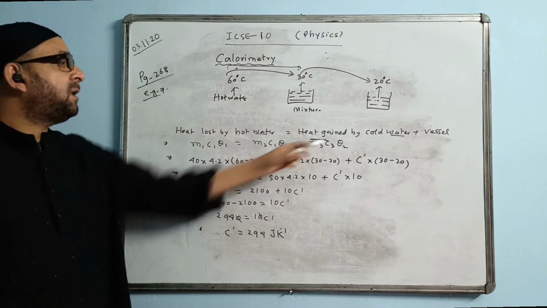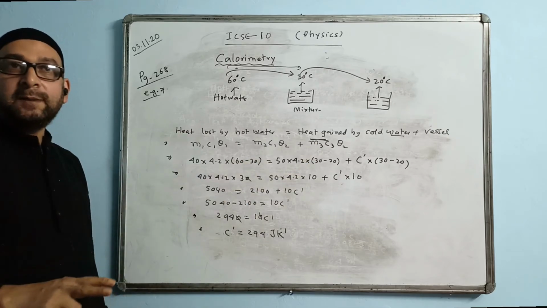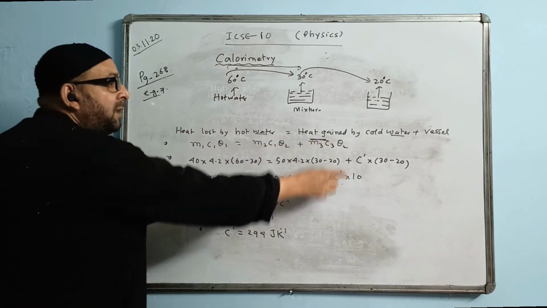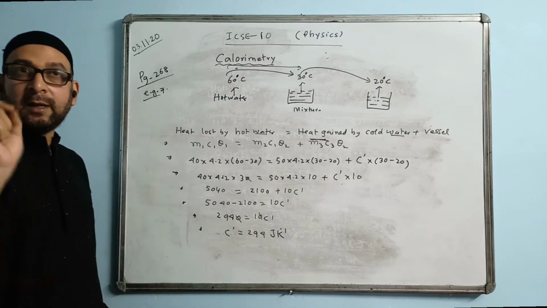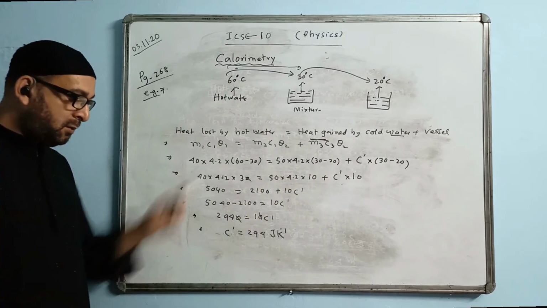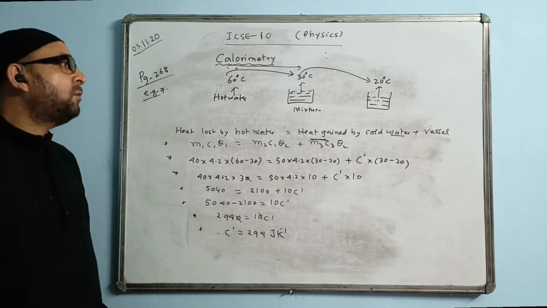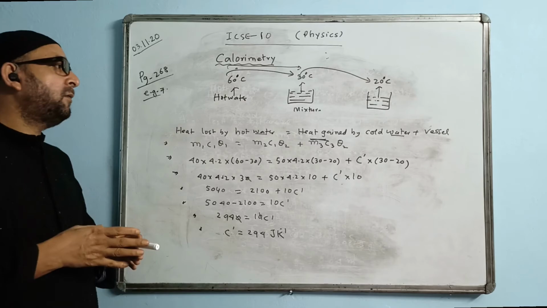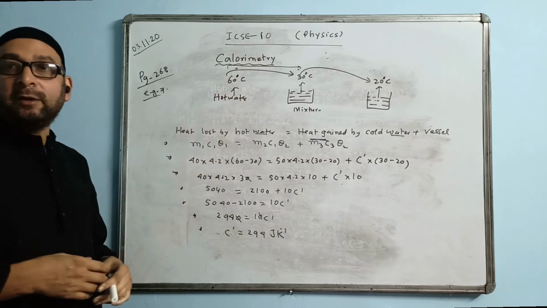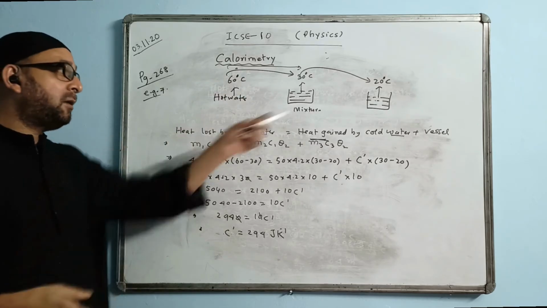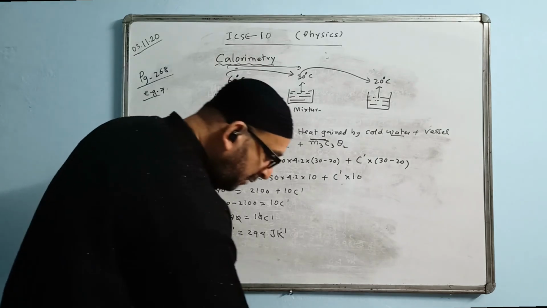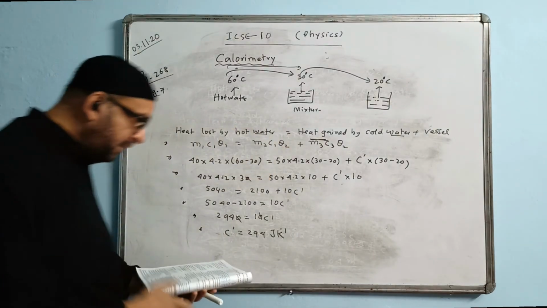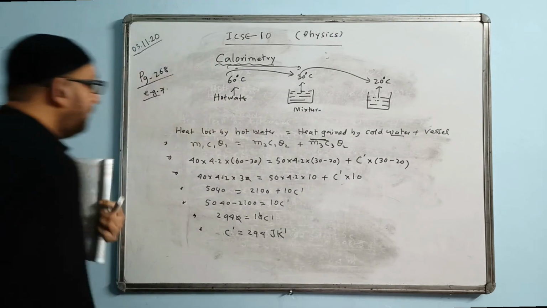Here M3 and C3 both were not given in the question. Together we have to find them. Together they become the heat capacity, and that is what they are asking us to find in the question. So the idea is, wherever a container or calorimeter is given, we will consider that also. That also will gain heat, and one thing will be unknown, and we are calculating the value of that particular thing.